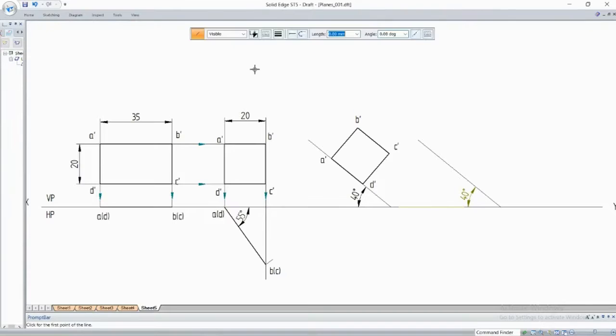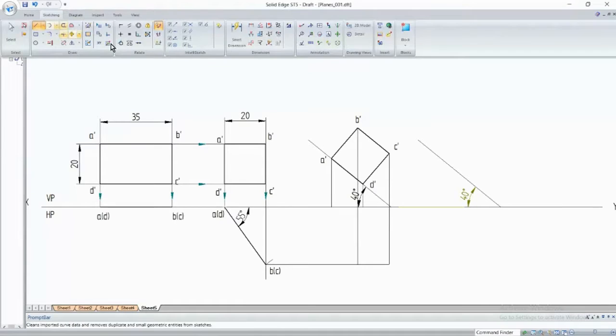So how do you draw it? First, you have to draw the projection lines, that is, very thin lines. With thin lines you draw the projection lines. This is A. I know A is only till here, so I'll draw the projection line only till here. Next, D also is there on the XY line. I'll draw it only till here. Next B is still here, I'll draw it like this. Then C, and this one you also draw here. Horizontal projection line, vertical projection line, and horizontal projection lines.